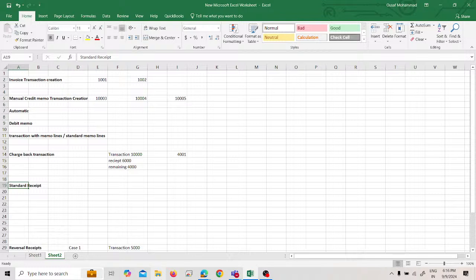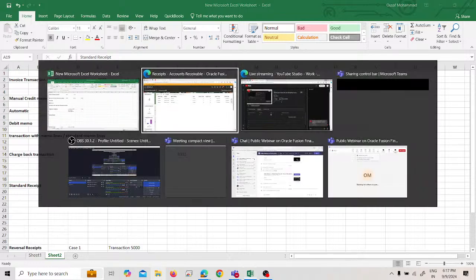Standard receipt means when we receive a payment from a customer, we create a customer receipt transaction. It means when we create a customer receipt, we have provided the services or goods related to a business. Suppose we are engaged in providing consultancy services. All the consultancy services we provide to a customer, we will issue the receipt. That means the standard receipt. All the receipts,